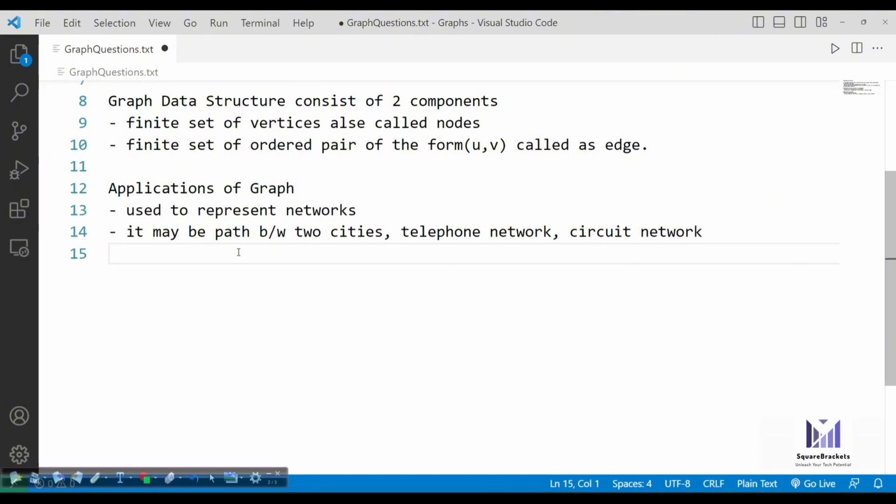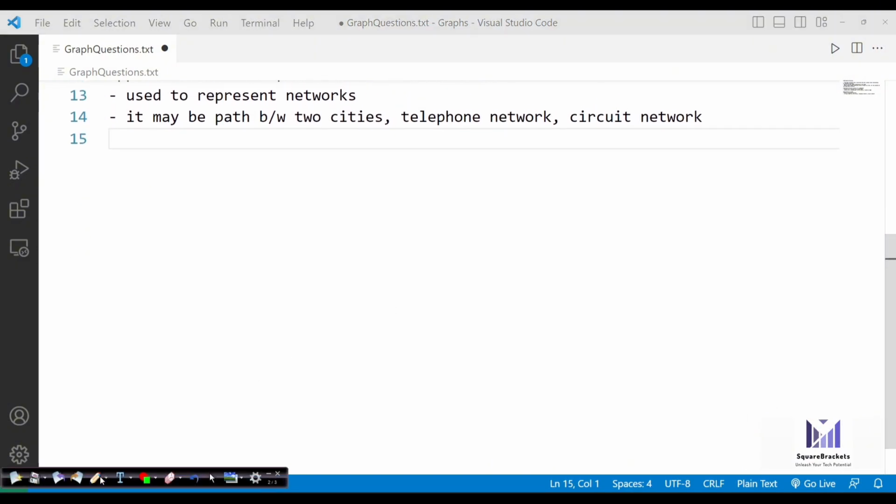Graphs are also very popular in social networking websites like LinkedIn and Facebook. In Facebook, each person is represented with a vertex, and each node is a structure that contains information like ID, name, gender. Just take one example. In Facebook or LinkedIn, what exactly happens? Suppose it's user one. User one will have some information: ID, name, password, city. This kind of information is available for a particular user.